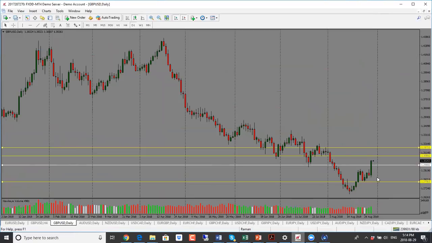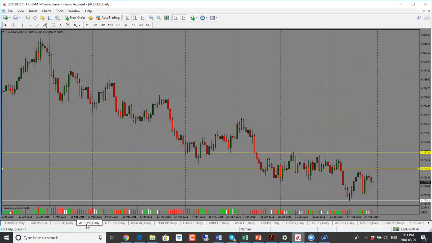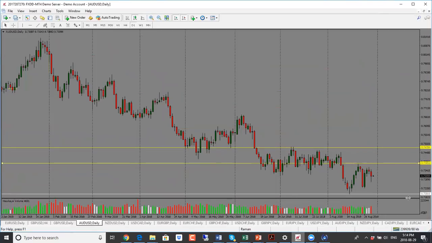So that's what we are looking at. I'm looking for price to be bullish here, but do look out for a pullback. So overall bias is to the upside for pound dollar. Aussie dollar here, this one has dropped. So we are seeing a bearishness in that. Our volume is showing a bearish here as well after going neutral for a couple of days. So bias is to the downside for Aussie dollar.